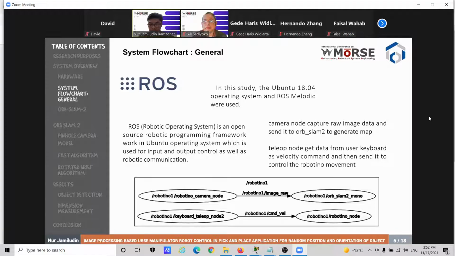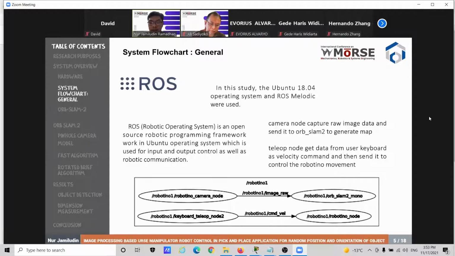And then the Robotino node, ORB-SLAM mono, and Robotino camera node are executed on the robot. The keyboard teleop node will send a topic, or data, named cmd_vel. This is the command velocity to the robot via the Robotino node. The topic carries a message commanding the movement of the robot, both linear and angular movement, so that the robot